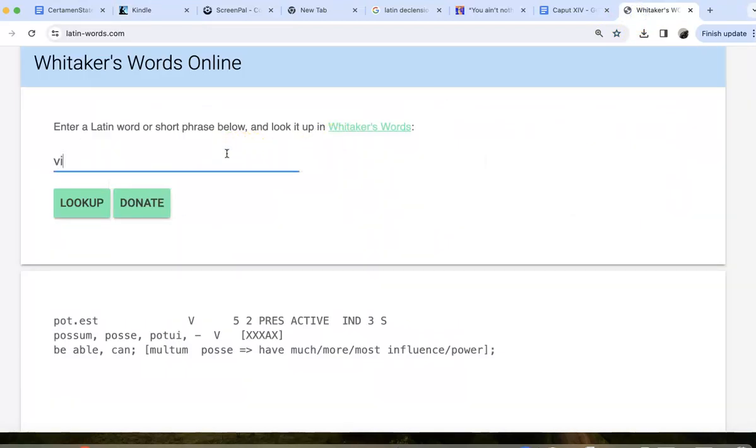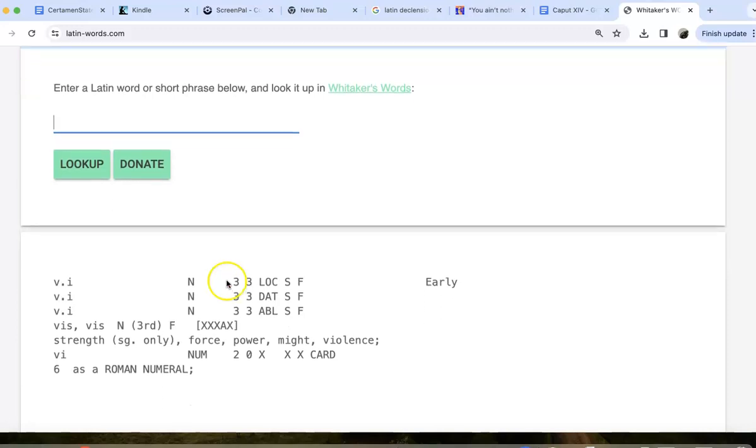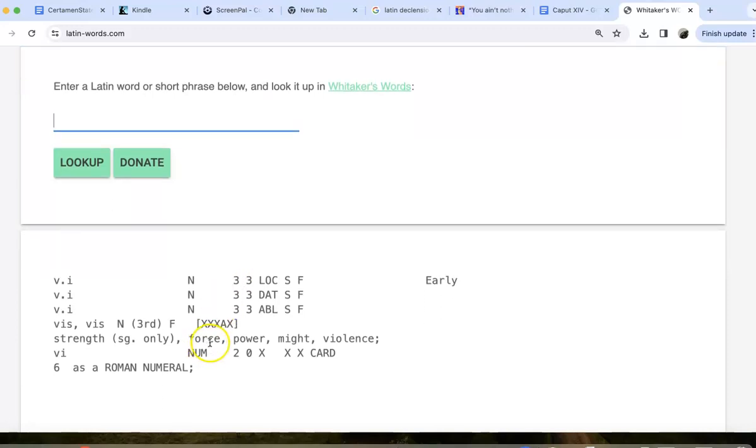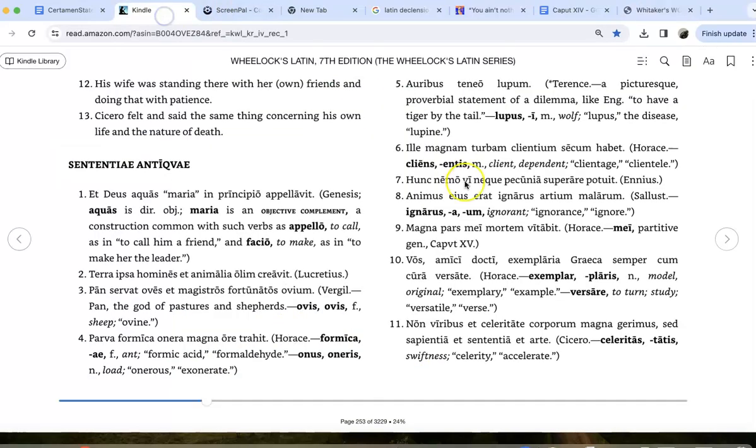Once again, we don't have a lot of context in this Wheelock's Latin. As I mentioned, the Wheelock's Latin is meant to elicit dialogue and intellectual conversation in the classroom, which we're not doing in this format. So you can do force, power, might, violence. Strength, I think, is a misreading of this, so I would probably avoid that one. But no one was able to